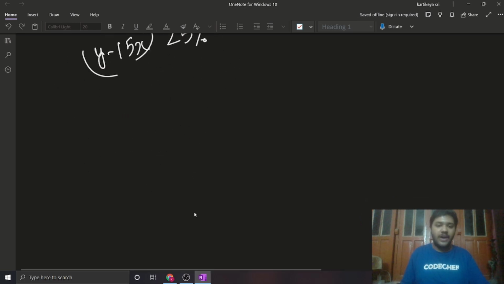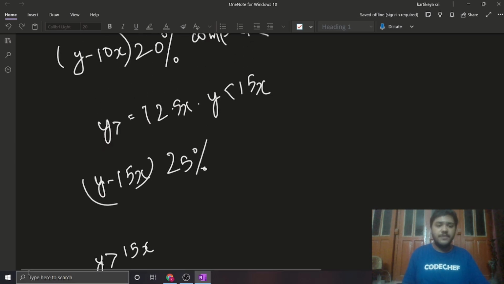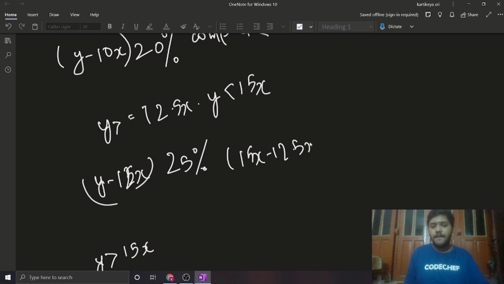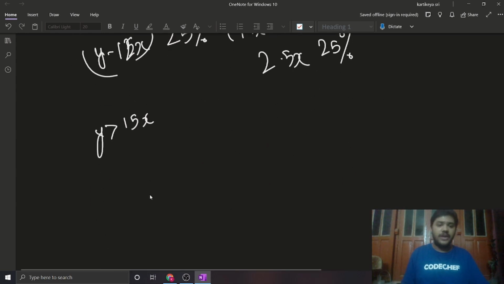But if y is greater than 15 of x, then this particular slab would be considered complete, which is y minus 15 of x is written here, or y minus 12.5 of x is written here. It would be written as 15x minus 12.5x, which is 2.5x, and on this 2.5x 25% tax would be charged, and for y greater than 15x, for the last slab, the tax rate would be this much,